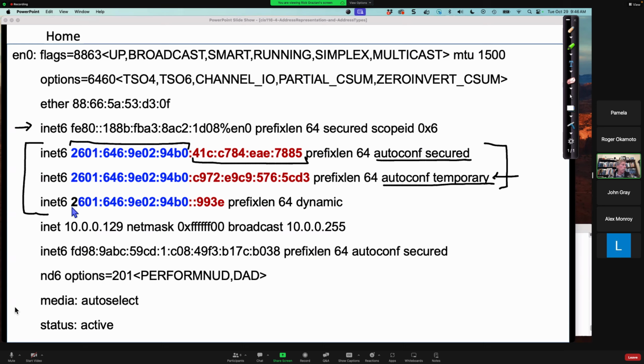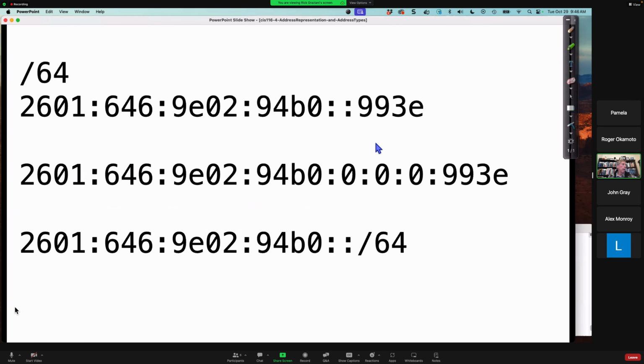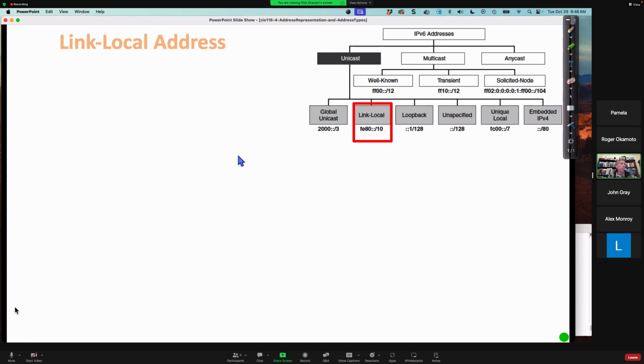Now, what about this one? It should be blue right there. This one it got dynamically from a DHCPv4 server. We'll talk more about that a little later. By the way, here's my one lonely IPv4 address at home. But the beauty of IPv6 is it allows us to have multiple IP addresses, and we'll use them accordingly. We'll talk more about that a little later. I'm showing you my